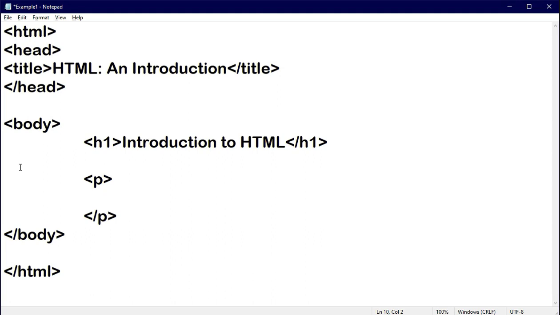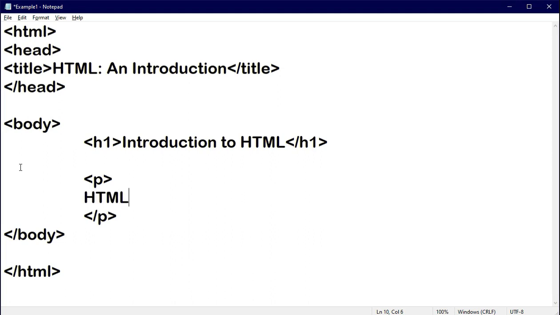Whichever information you want to display, we must write in between the paragraph tag open and paragraph tag close. Without that tag you can also write the information, but in HTML it will not be considered an appropriate way.